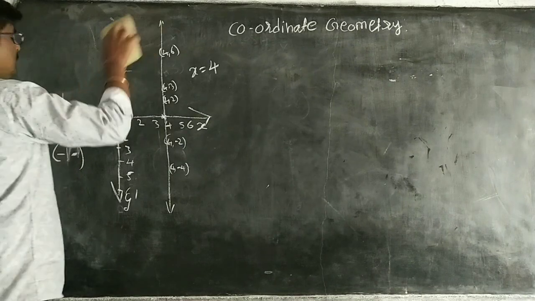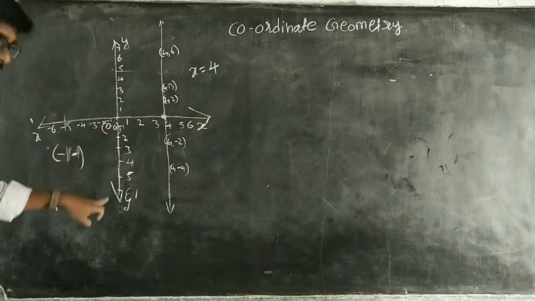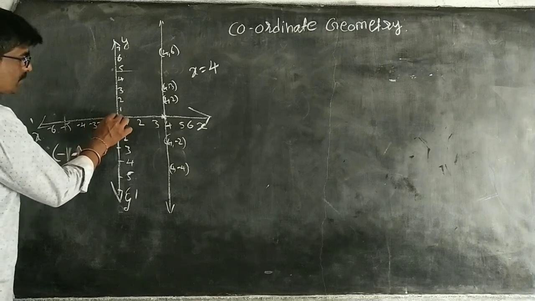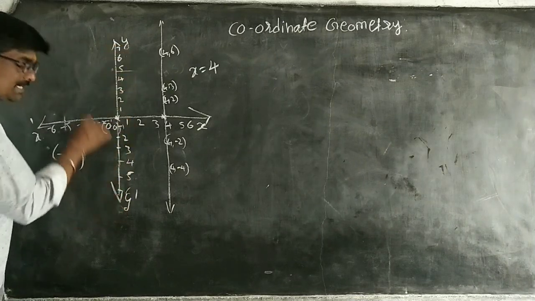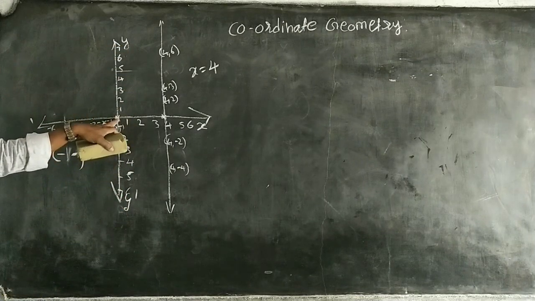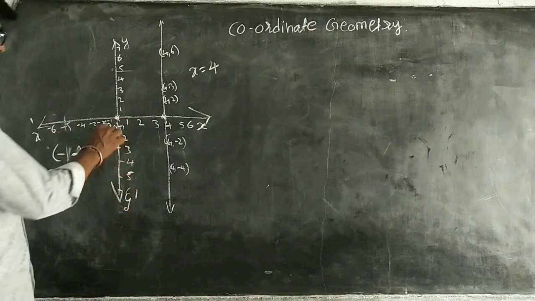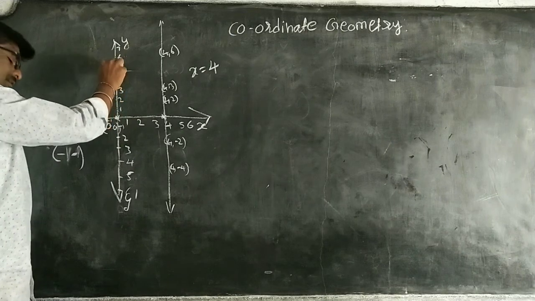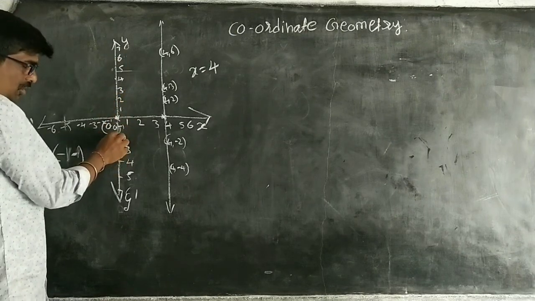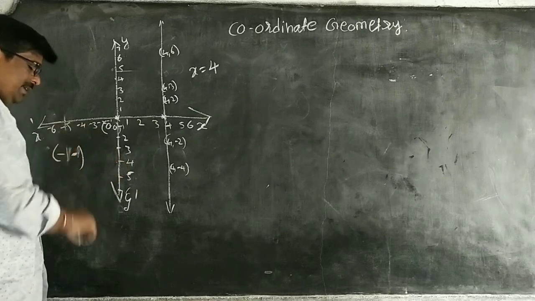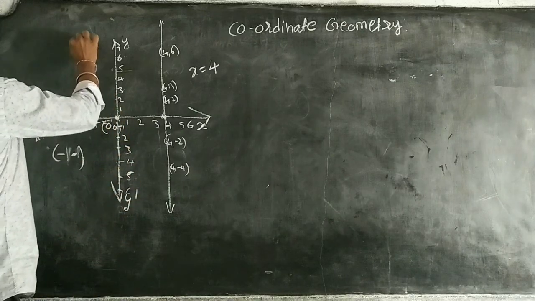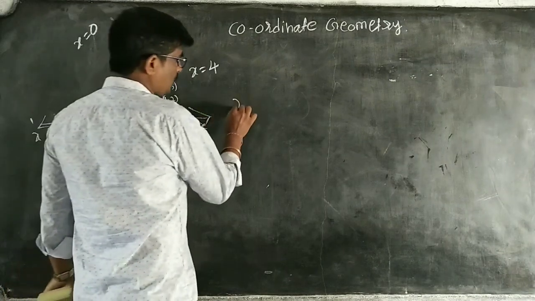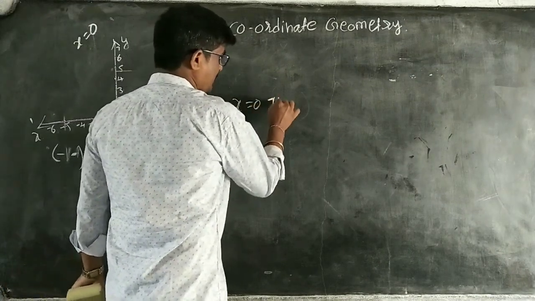Next, similarly, if you take the y axis, on this y axis the x value is always 0. In this y axis, x is equal to 0. So here also the points are 0, 1; 0, 2; 0, 3; 0, 4; 0, 5. Here also 0, minus 1; 0, minus 2; 0, minus 3; 0, minus 4. This represents x is equal to 0. That means x is equal to 0 represents